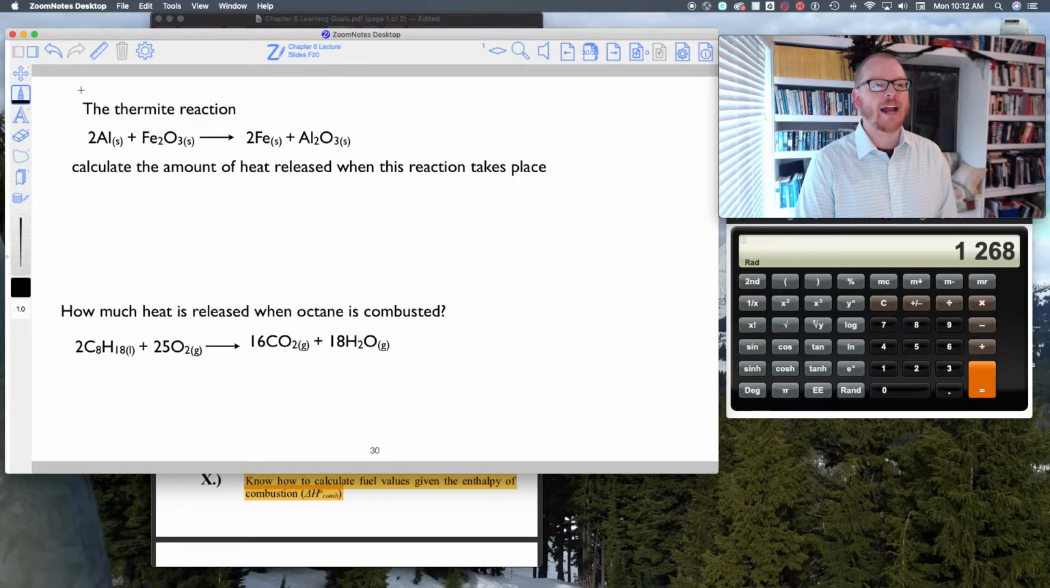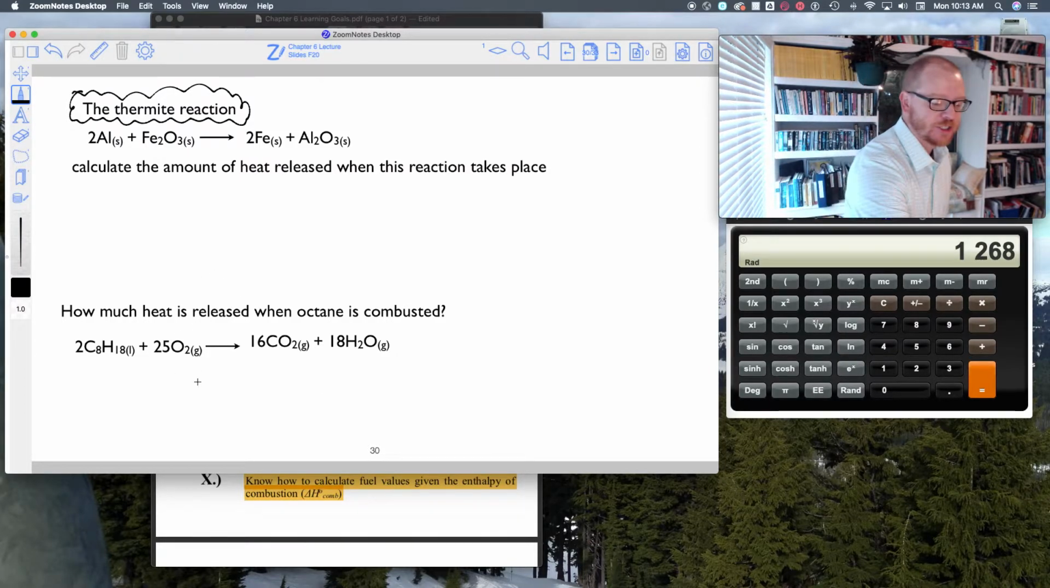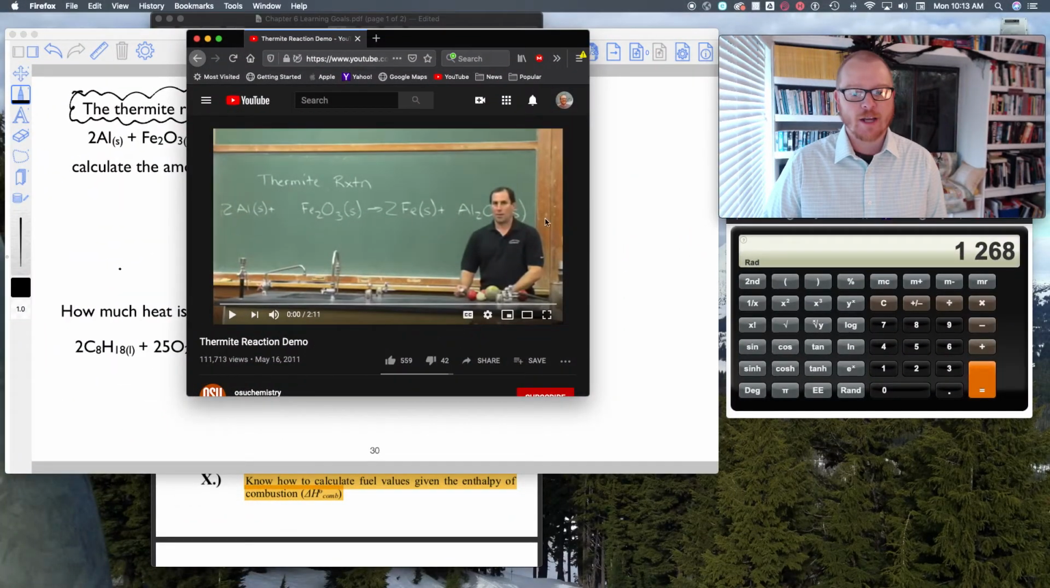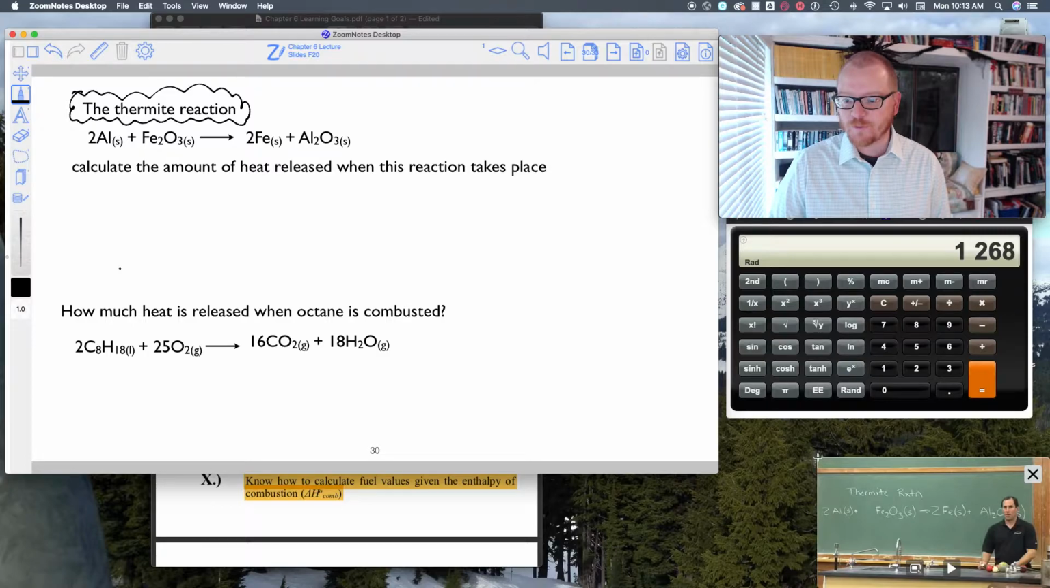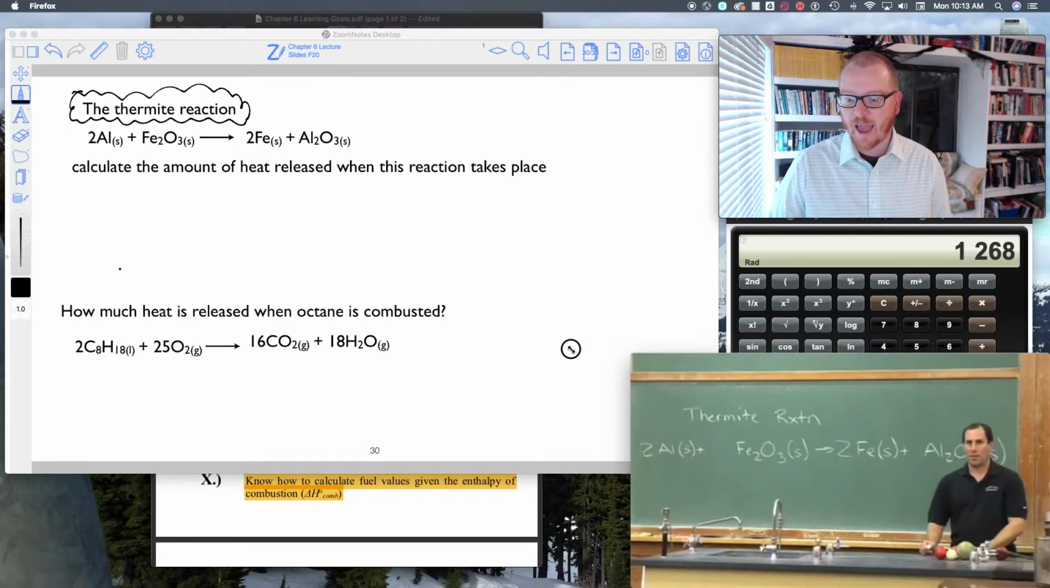There's the thermite reaction, and of course, if we were in the lecture hall, we would be observing the thermite reaction happening live, which is really cool. Sorry, we can't do that. And then we're going to do the same calculation for the combustion of octane. Okay. So now I have a YouTube video here of the thermite reaction,